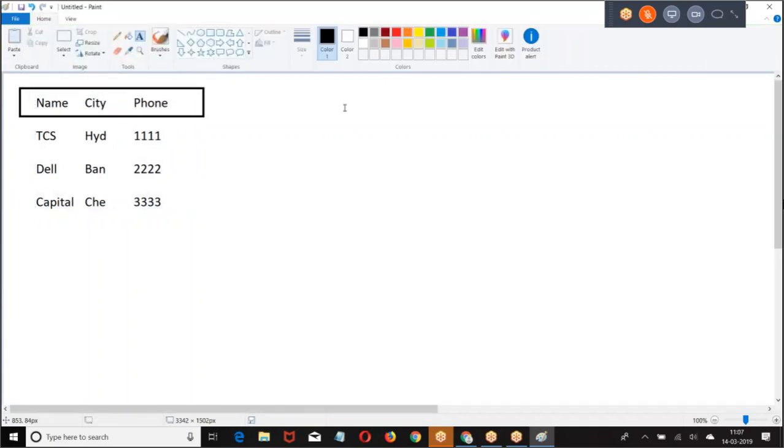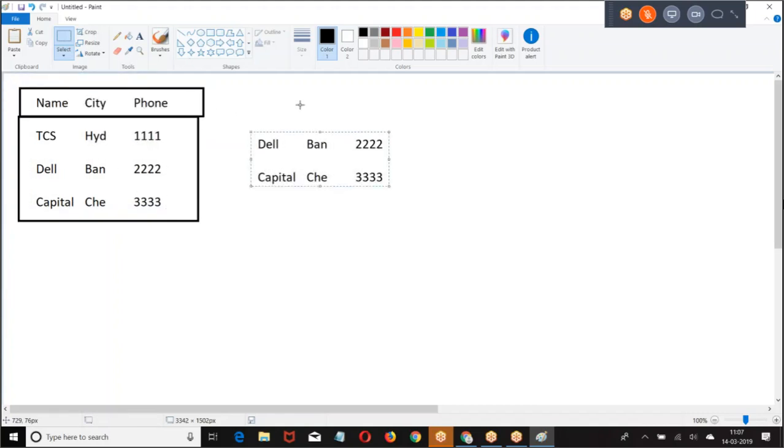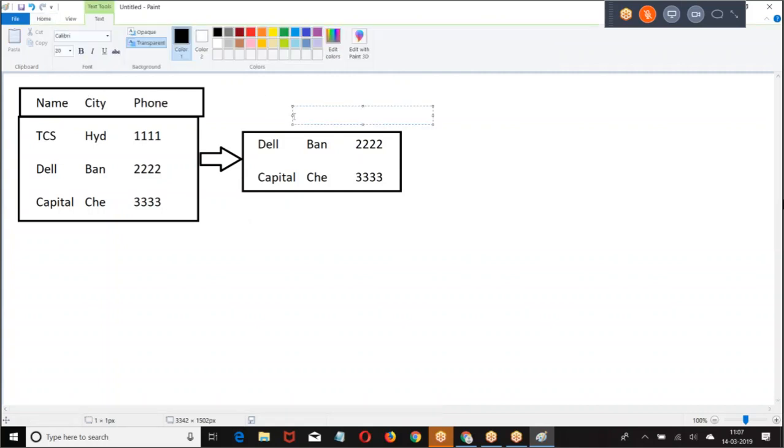This is the data that I have in the table. If I am trying to delete a few records out of this data, these two records, the records which we are trying to delete are referred to as trigger.old.